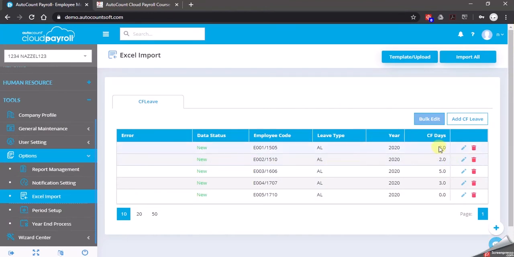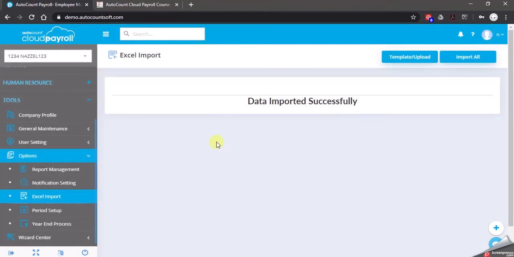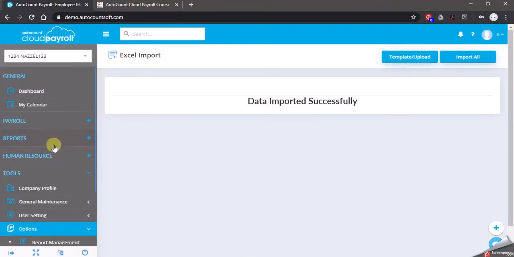You'll see that the employees start from 1, 2, 3, 4, 5, which is 2, 2, 5, 3, 0. Correct. And import all. Let's say you want to make changes, you still can edit the value here before you click the import button. But once you import, you can also make changes by clicking at Human Resource,